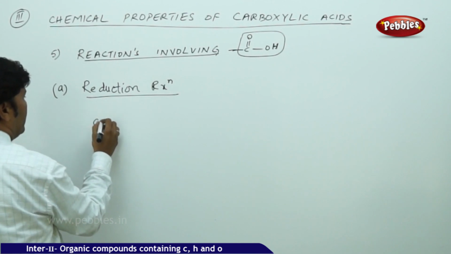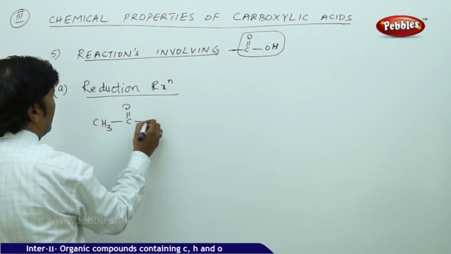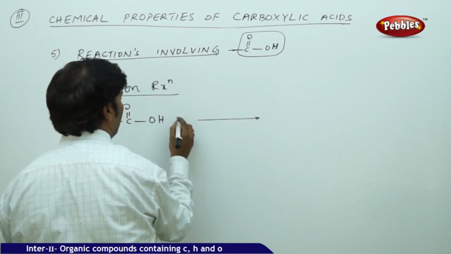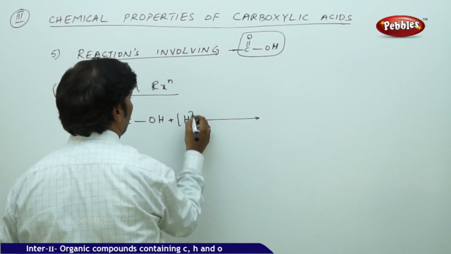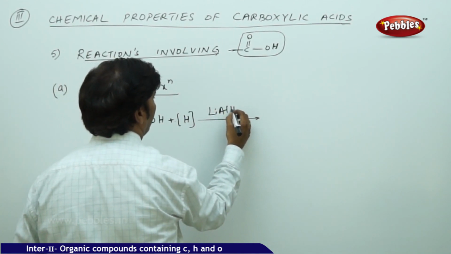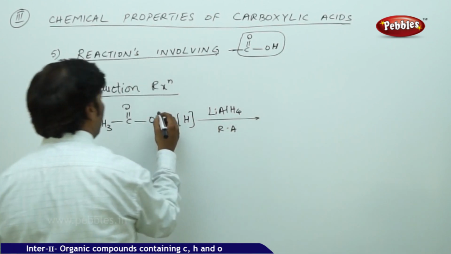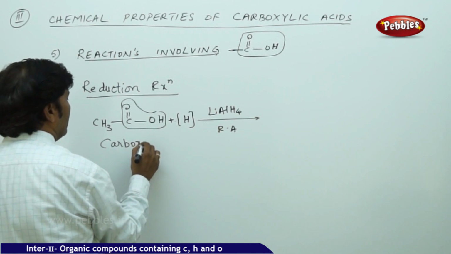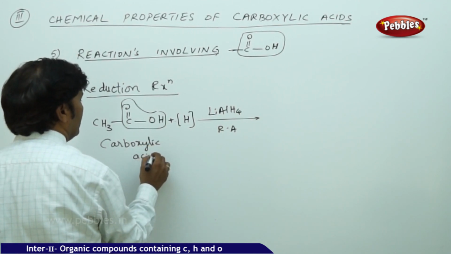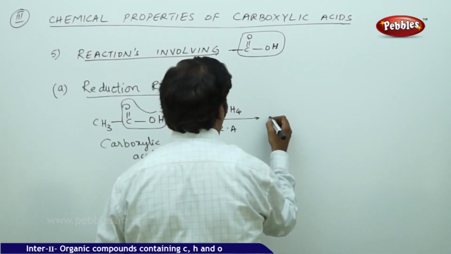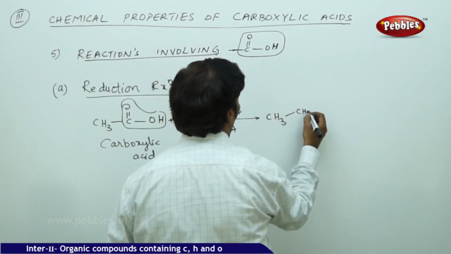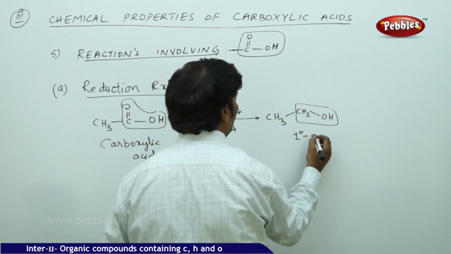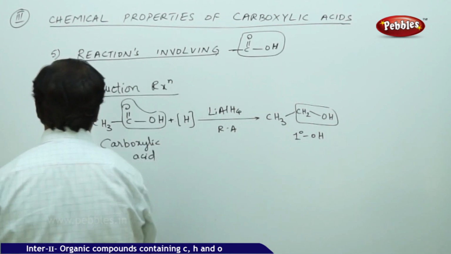Take the carboxylic acid CH3-C(=O)-OH. Take the lithium aluminum hydride, pass one nascent hydrogen. Take the lithium aluminum hydride as a reducing agent. So this lithium aluminum hydride converts the carboxylic acid to the primary alcohol, CH3CH2OH. This is converted to primary alcohol. Similarly,